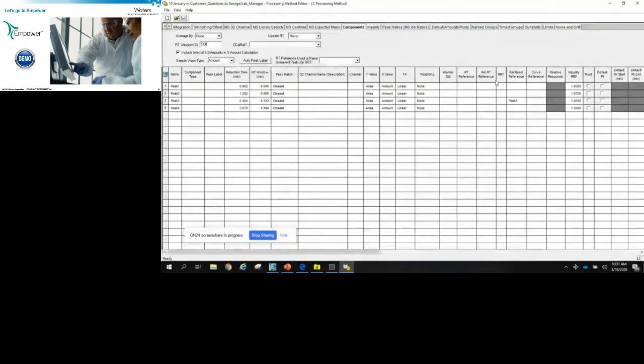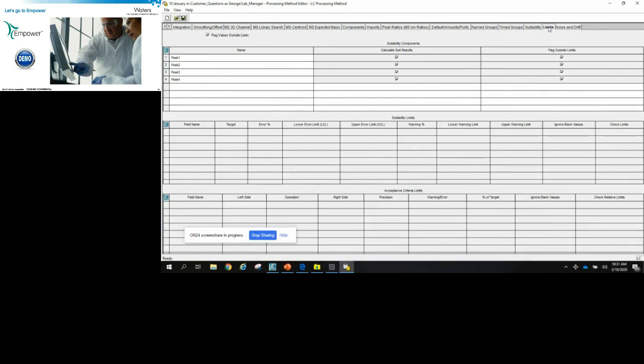Let's say that I had an internal standard peak. If Empower were to process a channel of data and that internal standard peak was missing, that would generate a processing fault. Or perhaps I have a must peak. It's a peak that must be there in every single chromatogram. Again, if something like that were missing, it would trigger a processing fault, which would then trigger interactive system suitability.